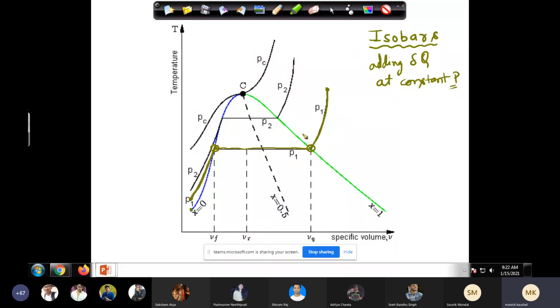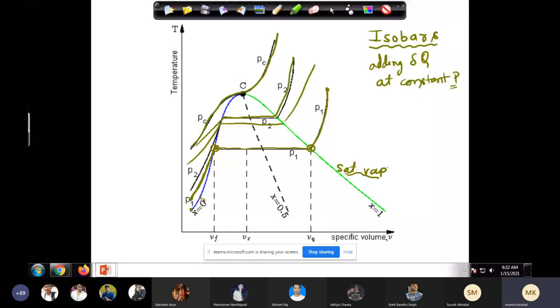So you can create many such isobars, right? Like let's say one more, and so on. And then of course this is the critical line. Okay, so there is PC and there is TC. These are all fixed. Okay, you cannot change them. So beyond this, everything is vapor, that you know. Okay, so this is again the saturated vapor line,